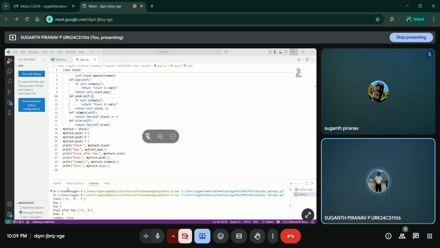I have pushed three elements A, B, C, and I have popped C, and the stack after pop will be A and B. Then I used the peek method to see the top element, checked if the stack was empty, and printed the total size. The output shows that the top element C was removed first, which clearly follows the last in, first out rule. After popping, the stack had two elements, which is shown in the output, that is A and